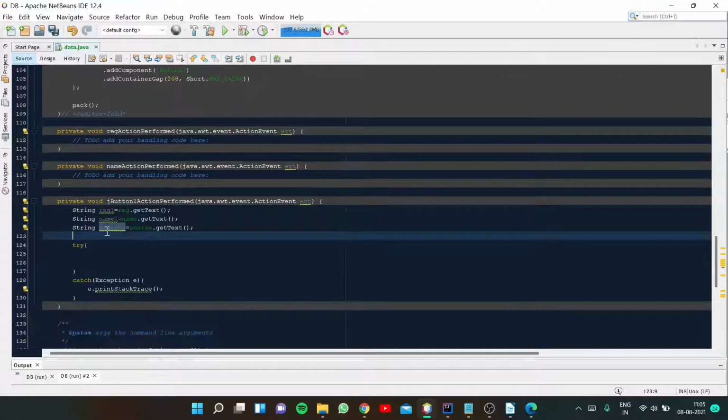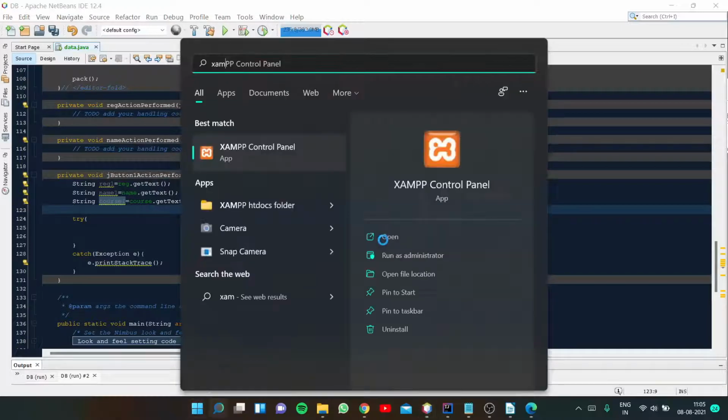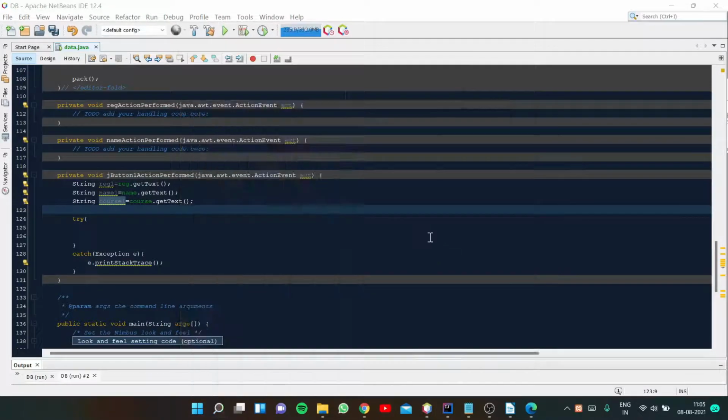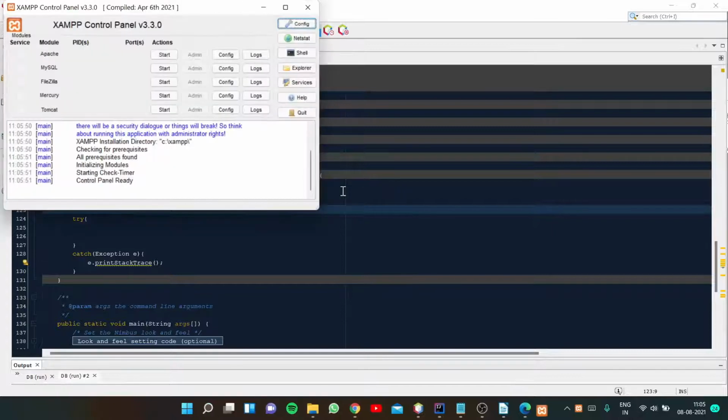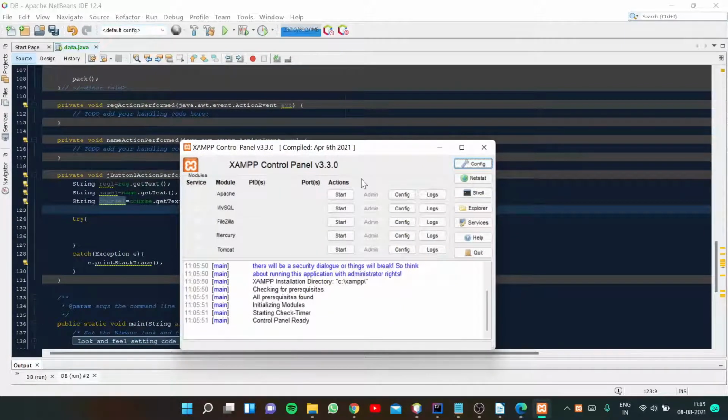Now we are going to enter it into the database. Before entering, we have to set up the database. For that, as we have downloaded XAMPP, we have to open that control panel. This is the XAMPP control panel. We are going to connect our NetBeans to the SQL, so we have to start this Apache first. Start it. Once it is started,